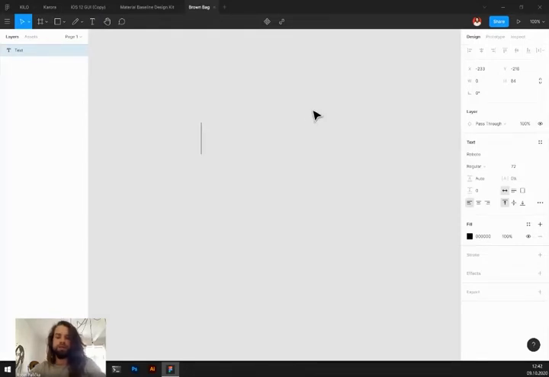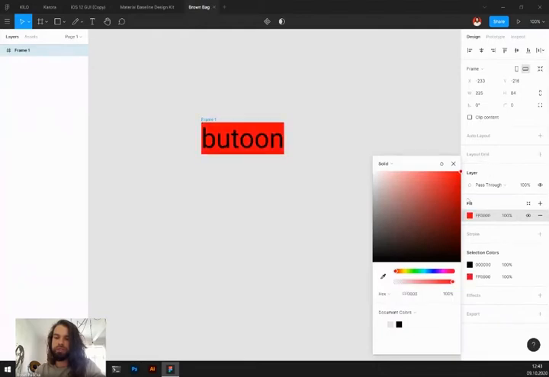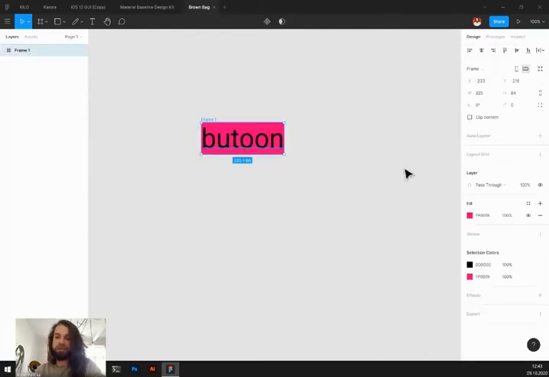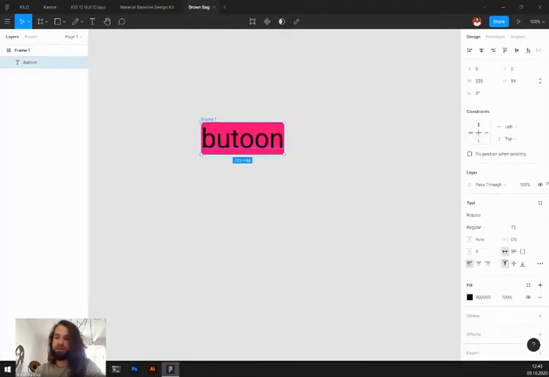We can create a button, for example. So let's start with typing the text. Let's frame my selection. Add some background into the frame. Some nice color. We are in Salsita, so something on red, maybe slightly pink. Oh my God, love it. Now we need to select the text. Change the text color to white